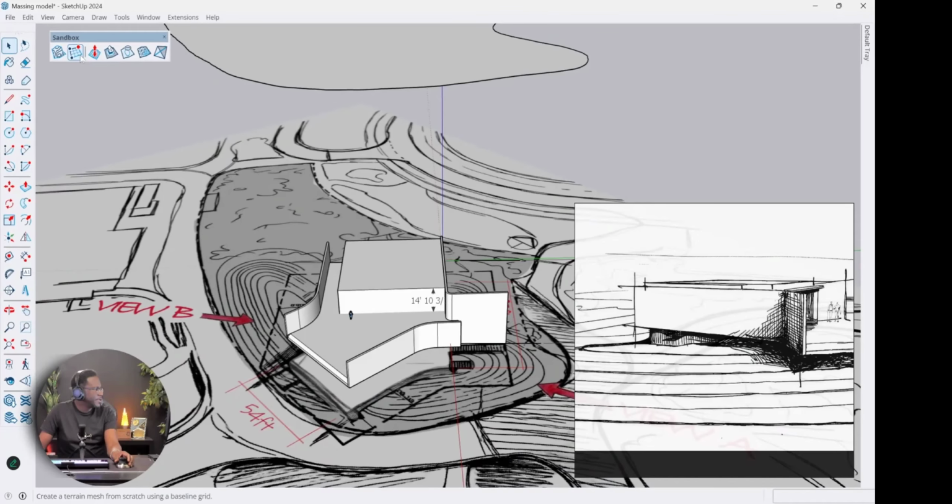Has there been anyone who tried out the sandbox tool before? Sandbox tool, anyone? In SketchUp? Because from what I understand, it's not too popular. Nobody? Ah, one person. Okay, cool. What did you use it to do? Oh, two persons. Cool.